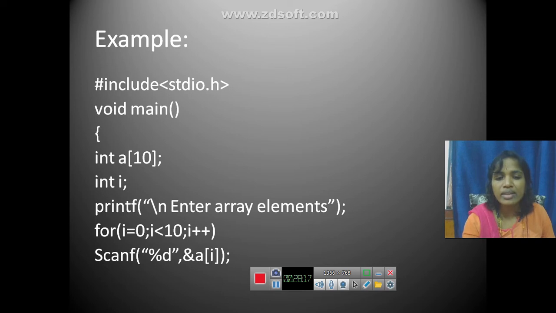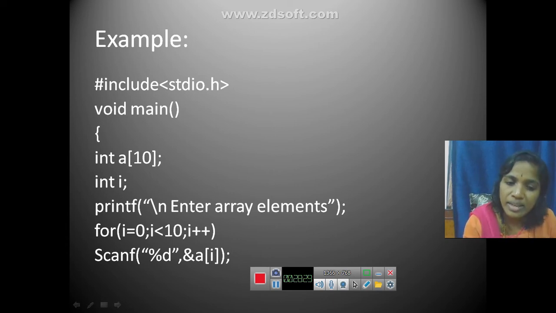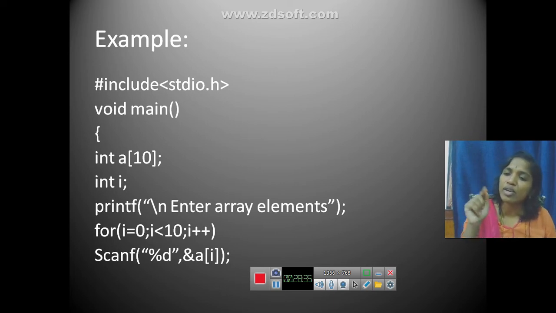So scanf %d, as this is an integer, address of a[i]. a is my array name, whereas i is the indexing. So this indicates the first location a[0].